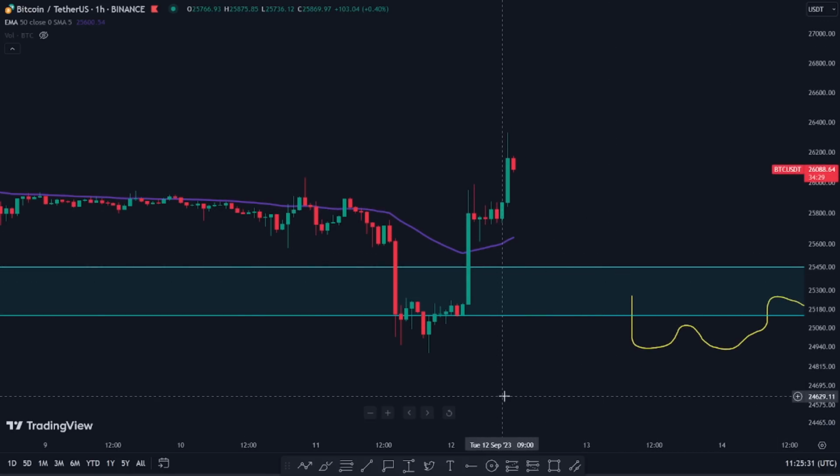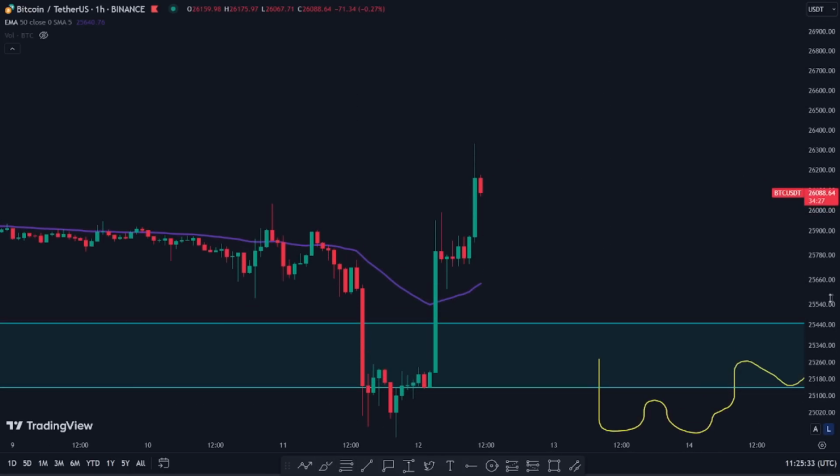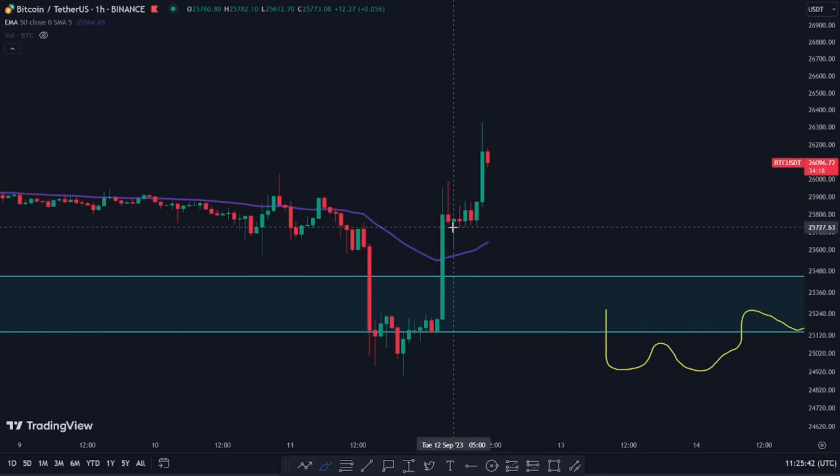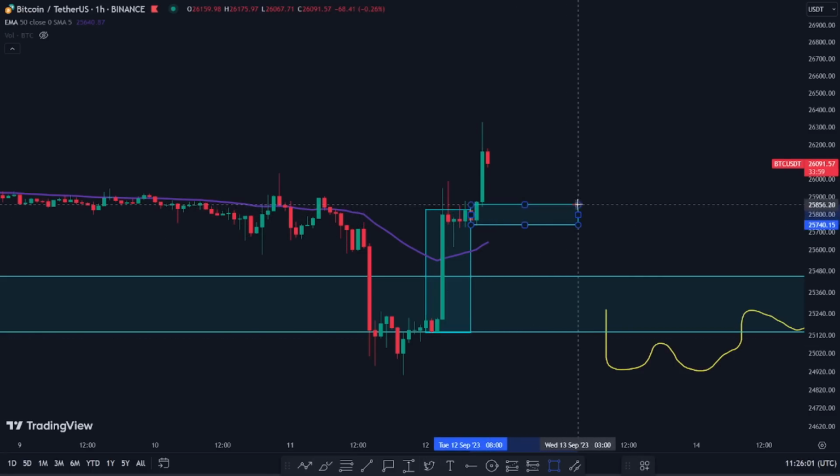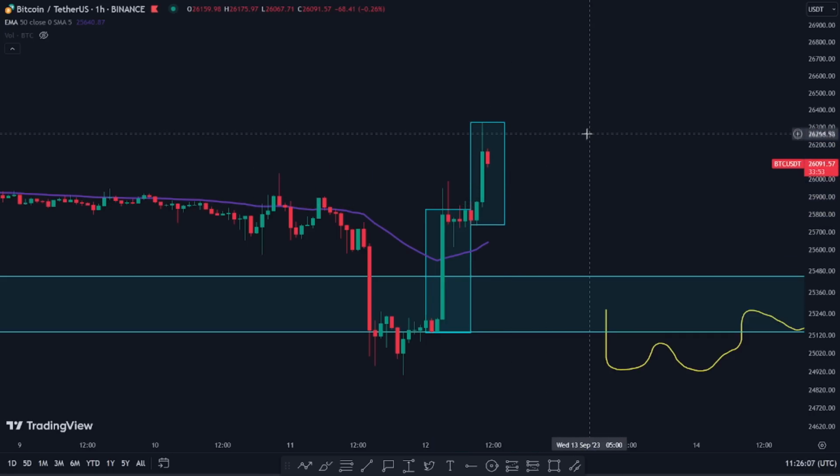Okay, so what I think is that usually Asia pumps, then London holds, and if that's the case, then New York will dump, okay? So if you mark the sessions, you'll be able to see that Asia pumped here. That's your Asia pump. Then London should be holding in this zone, but hey, they are not holding so far. So far they've pumped too, okay?